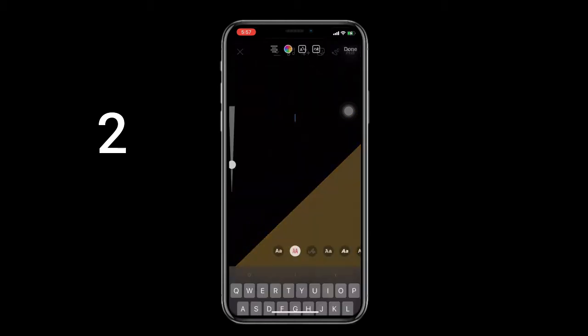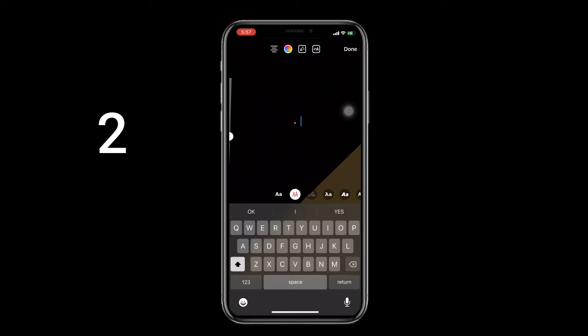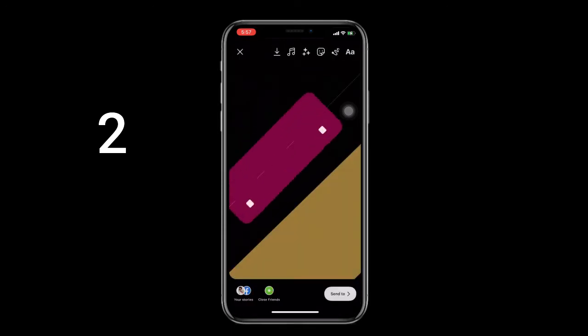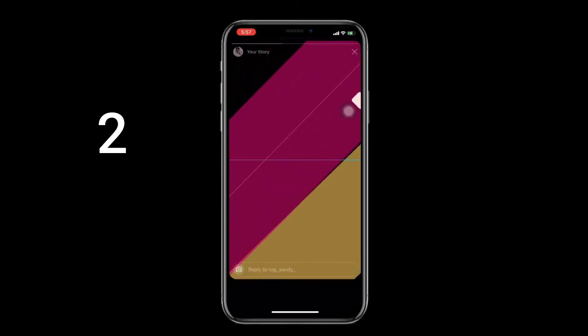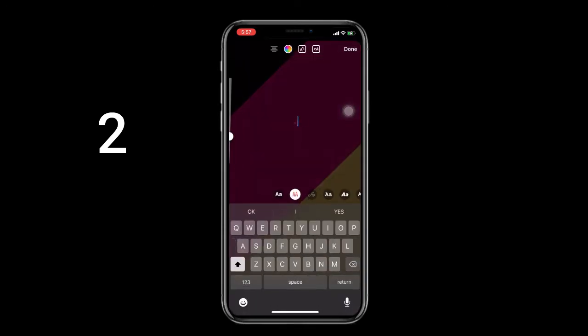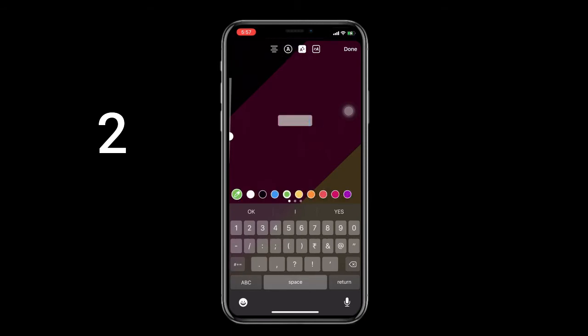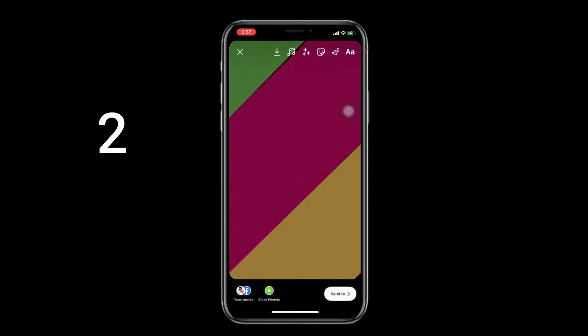And do the same way by using different colors to make the story more attractive. Here the story looks more attractive, depends upon your creativity. You can also save this image and use as your iPhone wallpaper.